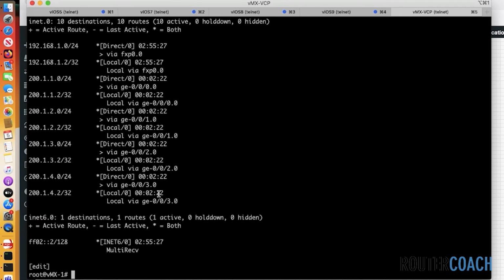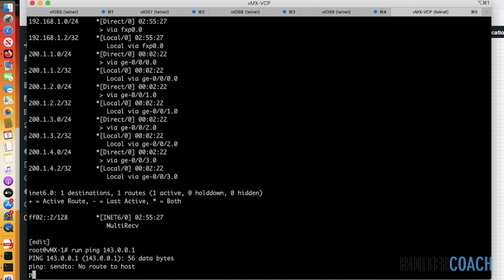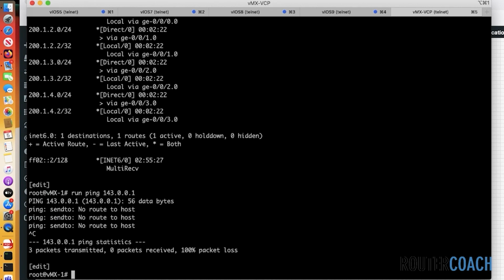They're nowhere in the routing table. So if I say run ping 143.0.0.1, there's no route to that host. So to get a route, I say edit routing options,